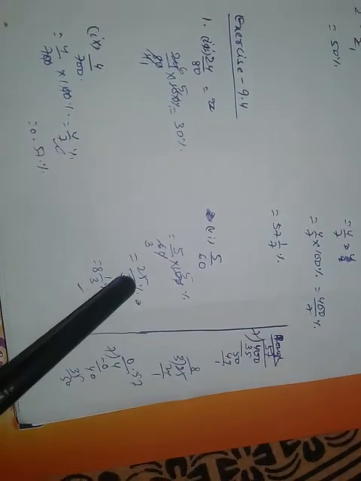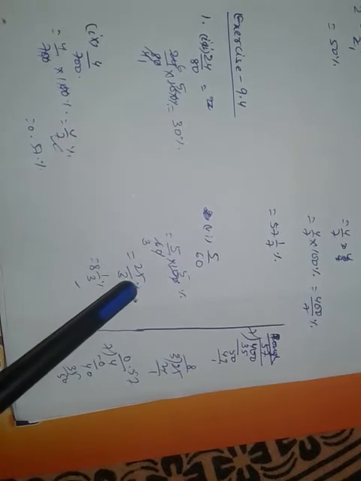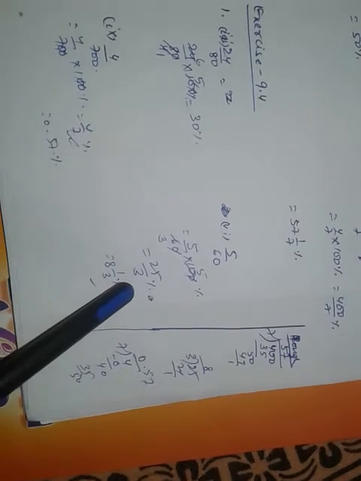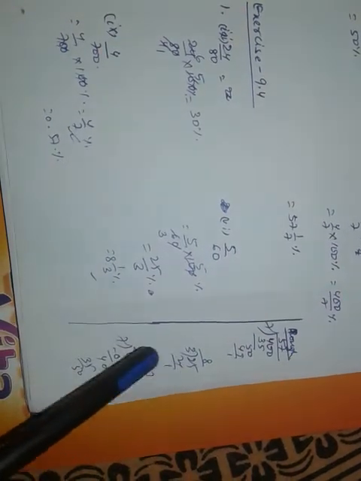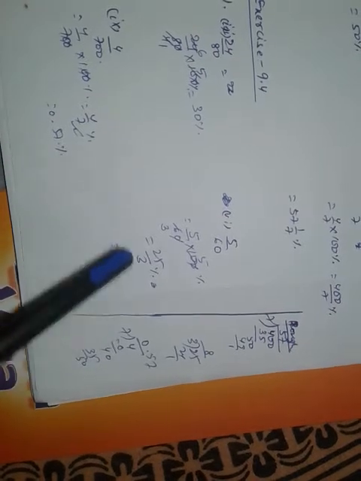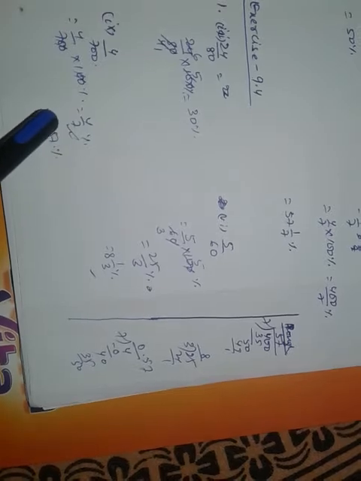Okay, here in this case we get 25 by 3 percent. So it is not in proper form, so we have to divide it to change it into a mixed fraction. So we get 8 whole 1 by 3%. Then 4 by 7%: we have to change it into percentage form. That's why we change it into decimal.